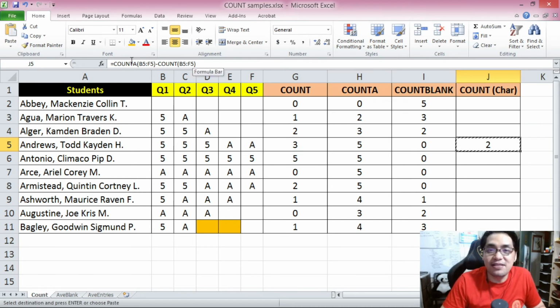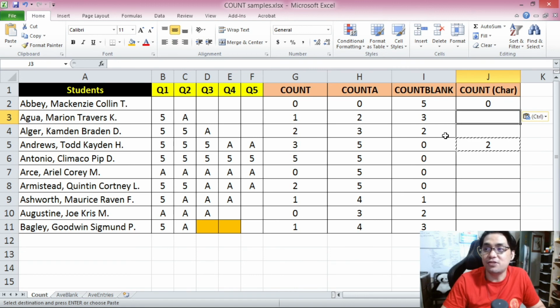So let's copy paste this formula here, and then let's try pasting it to all the other rows to check if this formula works for those rows too. We're expecting a value of 0 here because this is an empty range. There is no text here, so 0. We're expecting 1 here because there's 1 instance of A. 1, 1, 2. Then you have no text here, so 0. Then 3, because there are 3 instances of text here, 3, 3, and 3.